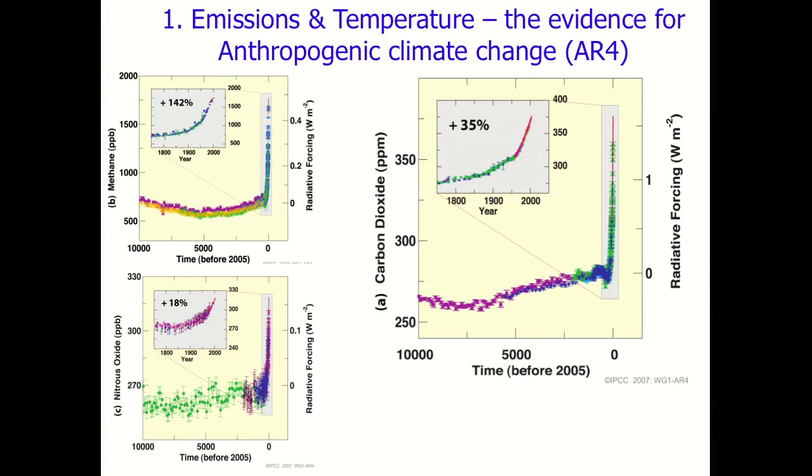Now, the annual concentration growth rate, the rate of change of CO2, was larger during the decade prior to this graph, so 1995 to 2005, than at any time previously. The average rate of change of CO2 between 1995 and 2005 was 1.9 parts per million per year. So we're approaching 2 parts per million per year. That's bigger than it's been since continuous measurements have been made on planet Earth, since around 1960.